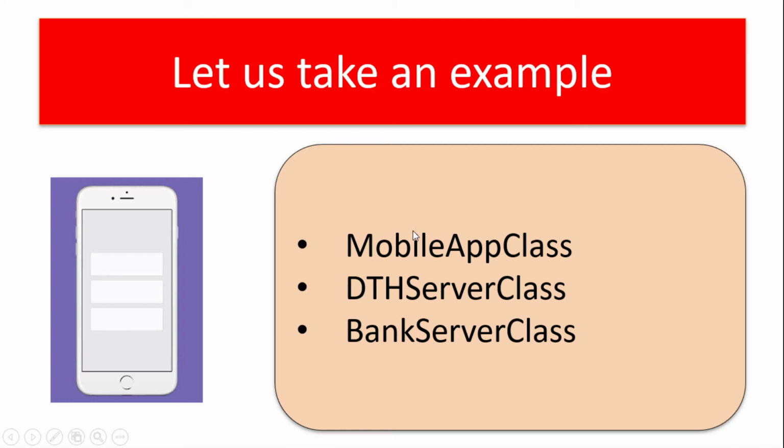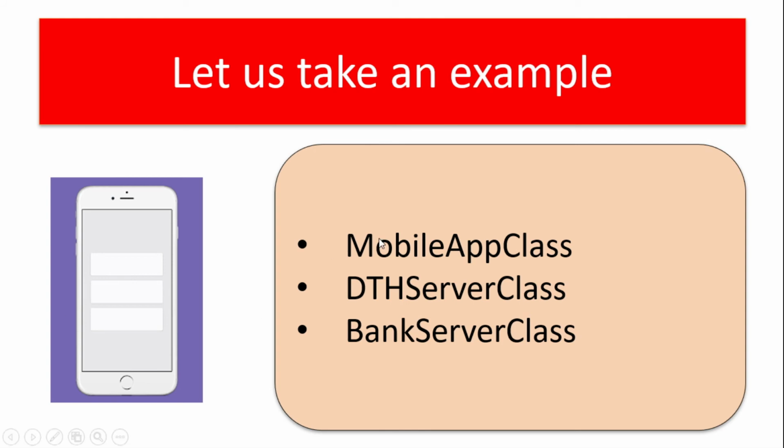So one thing is clear: variables and methods from the bank server class cannot be accessed by the mobile app class. So it is very clear that encapsulation has happened here and data hiding has happened here, which means if this bank server class were directly bound to the mobile app class, and that mobile app were hacked, then it is very hard to accept the fact that bank server class data can be accessible by any hacker. So this is the real-time scenario where data hiding is actually needed.